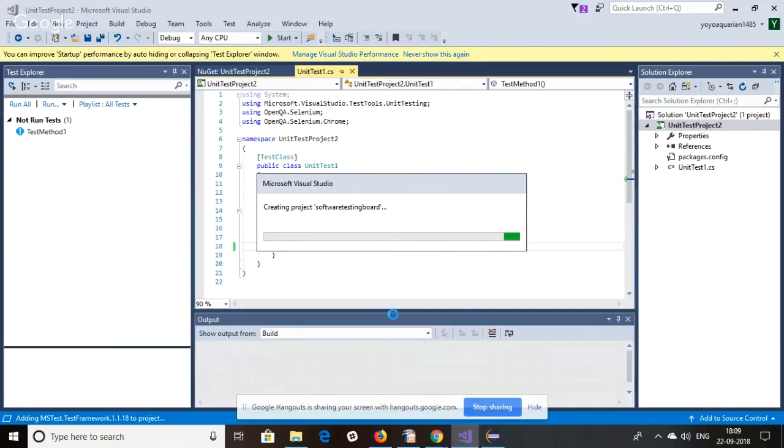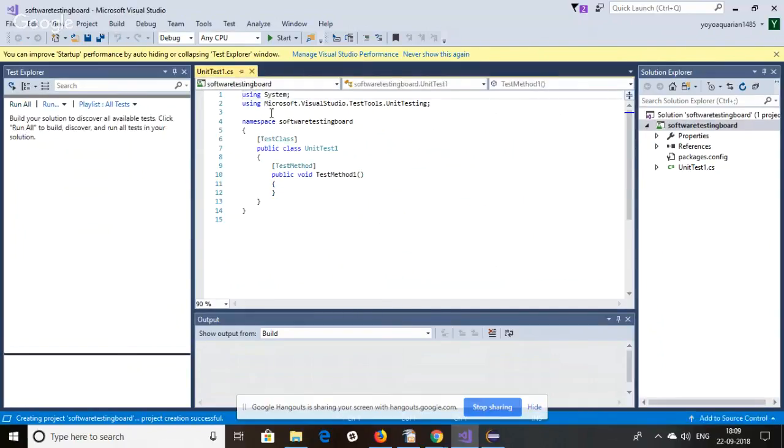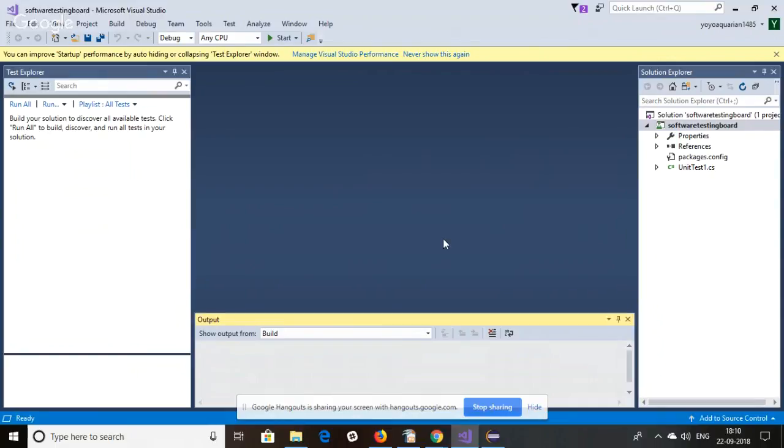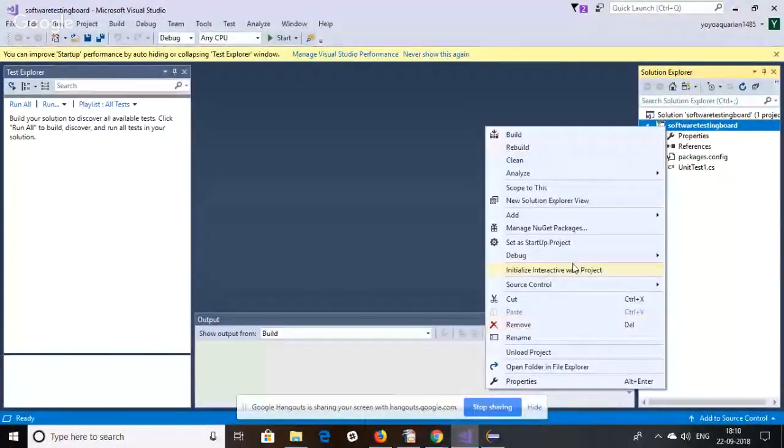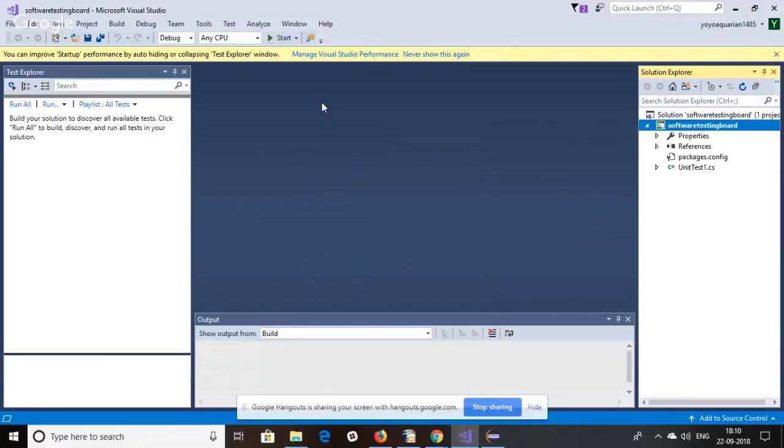There is no need to set everything up manually. Okay, it is already open. What you can do now is add everything into the project in C Sharp. We have Manage NuGet Packages. There is no need to go to any Selenium website or download things and do the mapping yourself. We just go to Manage NuGet Packages and click on it. It will open the interface of